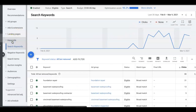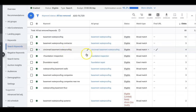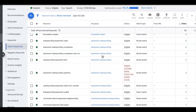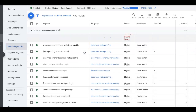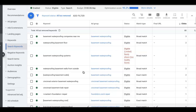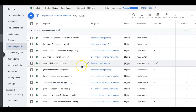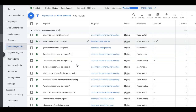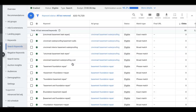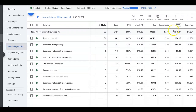All right, so if we go over to keywords, you can see here we're going after foundation repair and basement waterproofing, and they're in the Cincinnati market. Actually, we have a few guys in the Cincinnati market, but this one guy is doing pretty good. So you can see here we're doing a nice mix of broad match modified, which we probably should actually be removing shortly because Google's getting rid of them, and phrase match. So we're using everything right now, and we're just sending the traffic to a very basic